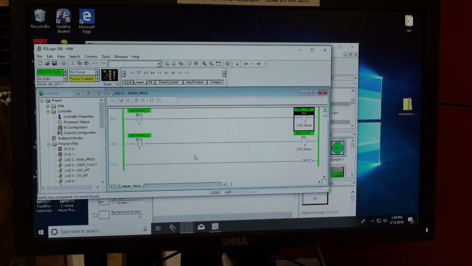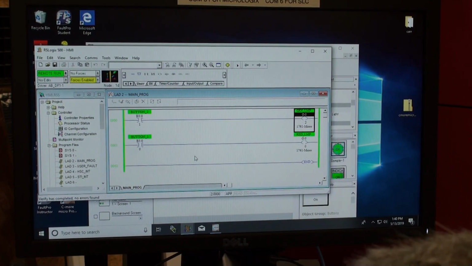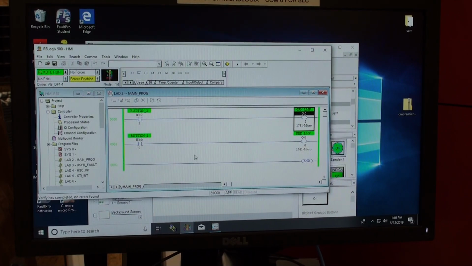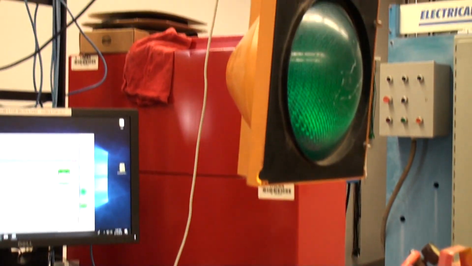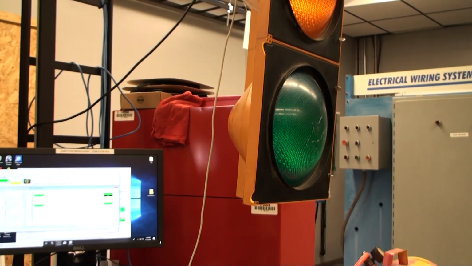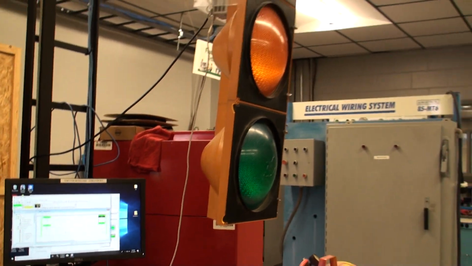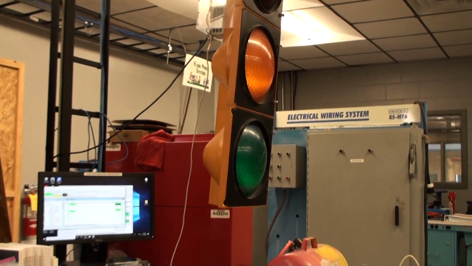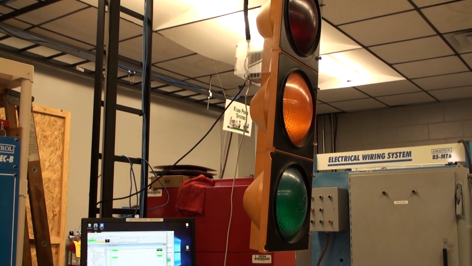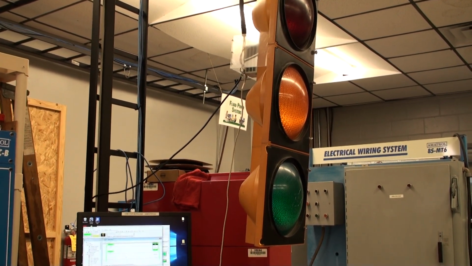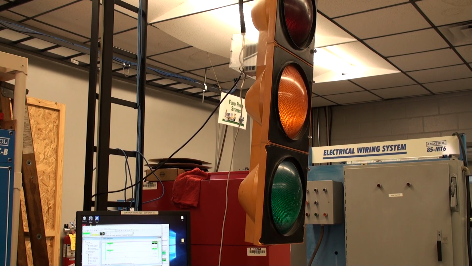So I'm going to disconnect my HMI from the computer. It doesn't seem to like to be hooked to both at the same time. I'm going to tilt back and zoom back if I can. We'll have to zoom back further than that. That should be plenty. Now then, I wish I could get both of these in the shot. That would be gnarly. But the very first thing I'm going to do, and I'm going to talk loud so you can hear me,